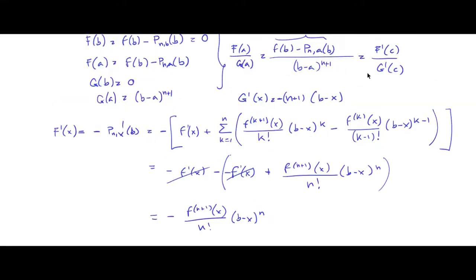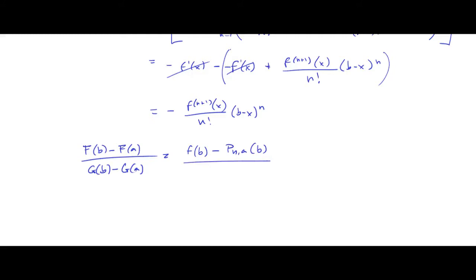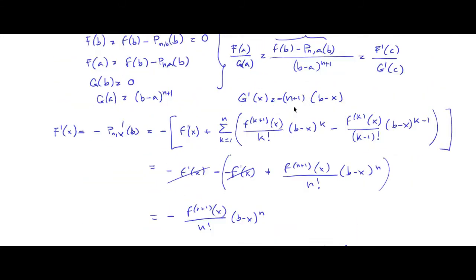And then if we want to approximate, go back here, right? So we had that f at b minus f at a divided by g at b minus g at a was equal to f at b minus p_n at b divided by (b minus a) to the n plus 1, and then the derivative of f at c is going to be minus f^(n+1) at c divided by n factorial times (b minus x) to the n, and all of this divided by g prime, which is